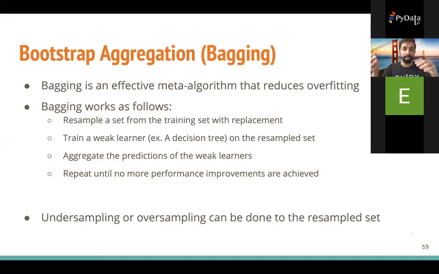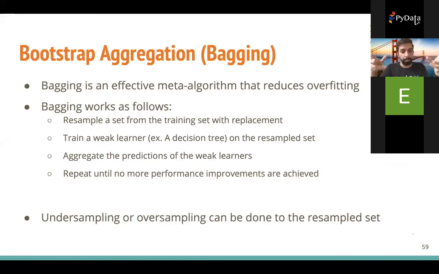The second method is a general method in statistics called bootstrap aggregation. It's a general method in machine learning, not specific to imbalanced learning. Basically, it works as follows. We keep resampling from the training set, from both the majority and the minority. We resample and train a weak learner, for example, a decision tree that's allowed to grow without any bounds.